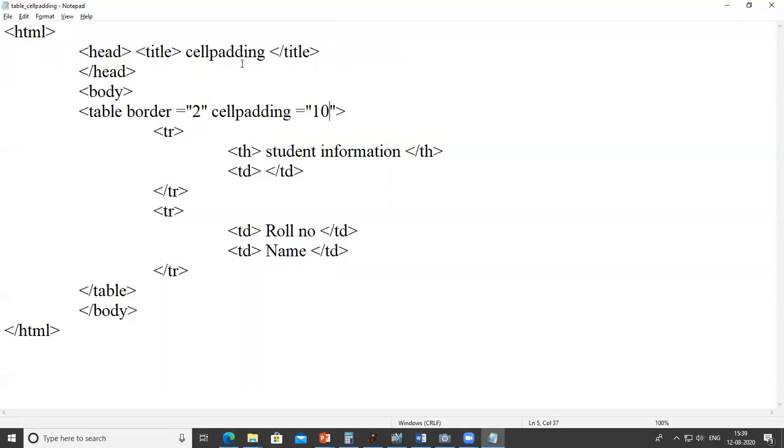Next property is cell spacing. We will see in this example. It will increase the space between two cells. So cell spacing example. And here I use one more property, cell spacing, in the same example, and just refresh the page.